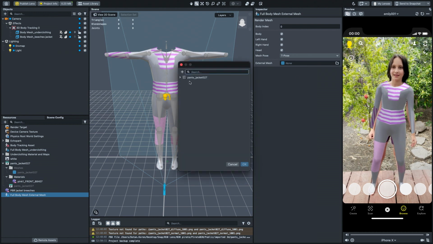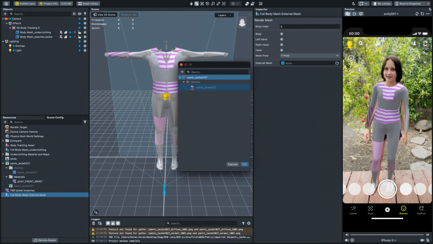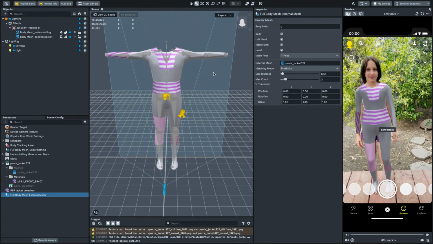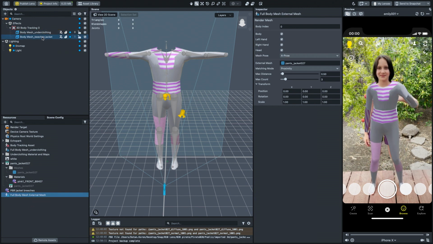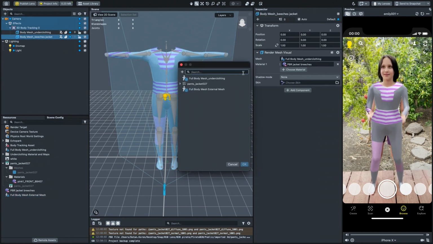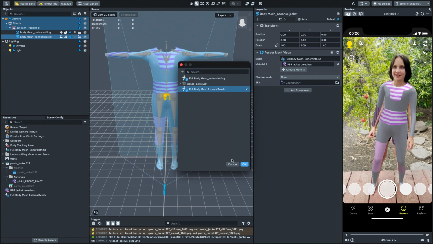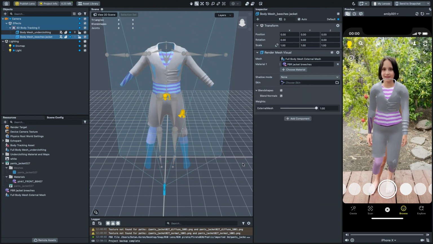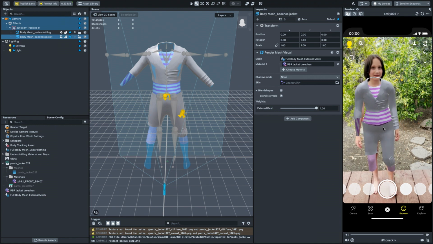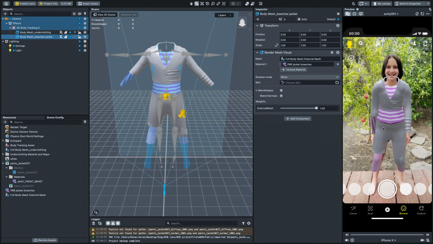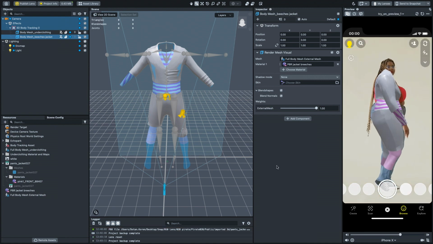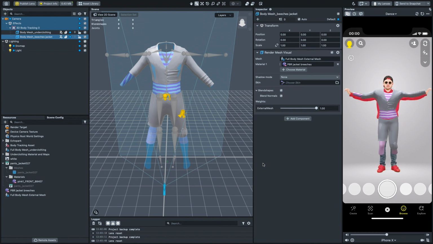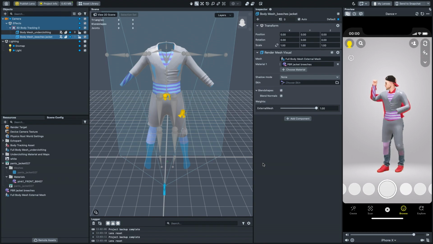Back in the Objects panel, I selected breeches and jacket, and in the Inspector panel, I switched the mesh to the External Mesh Body resource. Basically, an external mesh is completely replacing the body mesh that it's being assigned to. And similar to how body mesh works, the external mesh is stretched and morphed to fit the user's body type and pose. For this to work correctly, the external mesh outfit needs to match the body mesh overall shape. And this is how I did it.